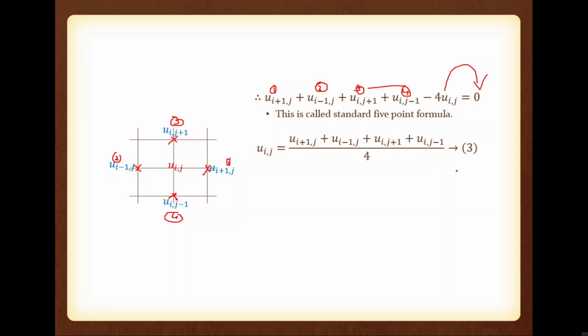Okay. So please note, in this equation, either take this one or this one. In these two equations, you can see that 5 points are there. So this formula is known as the standard 5-point formula. These two formulas are known as the standard 5-point formula. So please note this equation also. If you are using the iterative method, you have to use this equation ui comma j equal to this one. If you are using the direct elimination method, you have to use this equation. Okay. So please note down the second equation also.